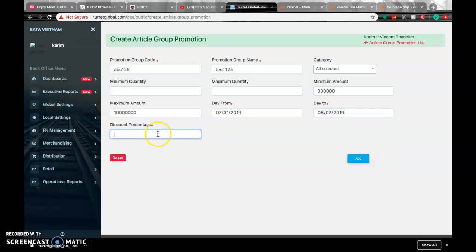And this kind of promotion can be only by percentage, because I'm going to push a specific percent to all the articles that have been sold on that transaction. That's why we don't use amount, because amount can be a total amount, it cannot be individual article based. So let's say if the percentage is 10, and if I save it, then at the end of the day, whenever we sell the article,